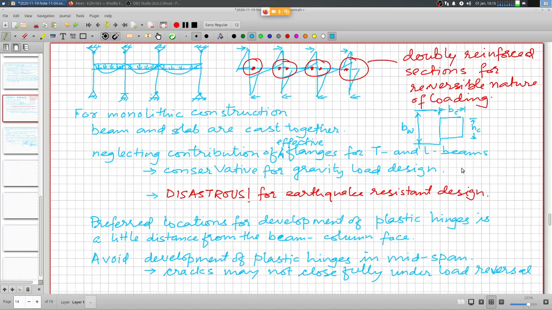So BW should be less than the column width plus half of 1/4 on each side, this depth of the column, right? So maybe this can be HC by 4, and this can be HC by 4. So total beam width should be less than,